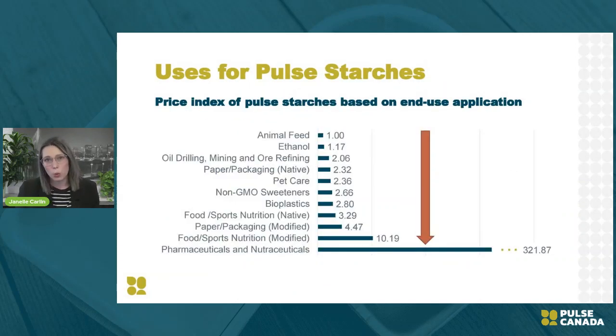So if you take a look across end-use applications for pulse starches, again, here I'll mention animal feed and ethanol is really the lowest value that suppliers can get for those pulse starches. So what we're doing here at Pulse Canada is exploring a lot of different opportunities to try to diversify away from these uses into other industries where producers might be able to get a higher value for their pulse starch